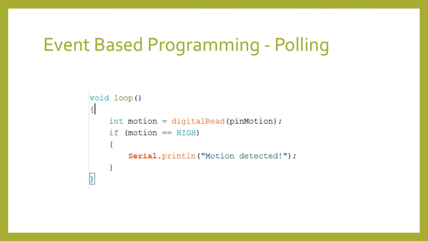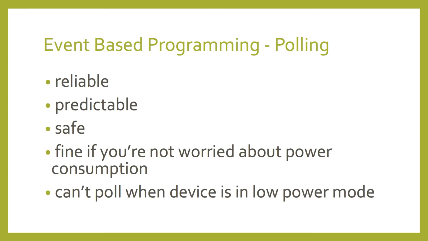In fact, we're already doing this with our command.poll function when we're constantly checking the serial monitor to see if any keywords have been typed in and then responding by calling the associated function. Polling is a reliable and predictable, meaning safe, way to deal with events, and there are many programs that use this method. And if we're not worried about power consumption, it's a perfectly valid way of checking if an event